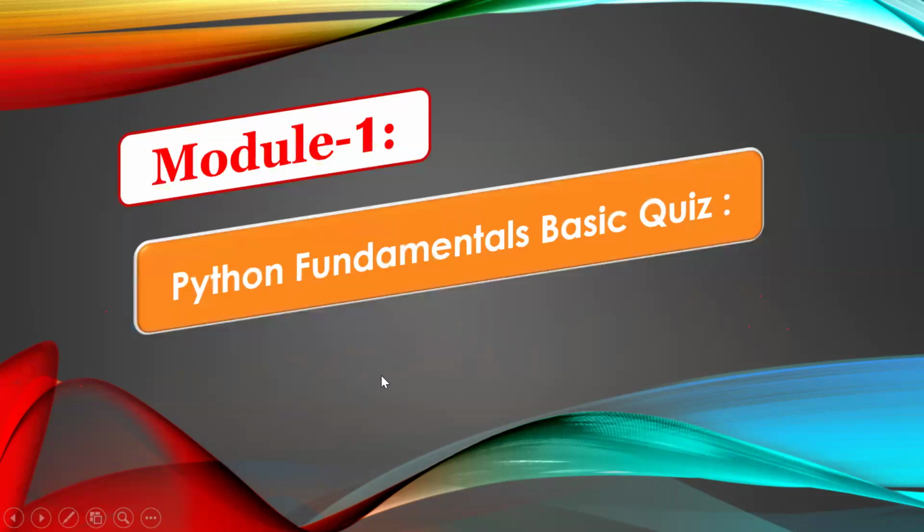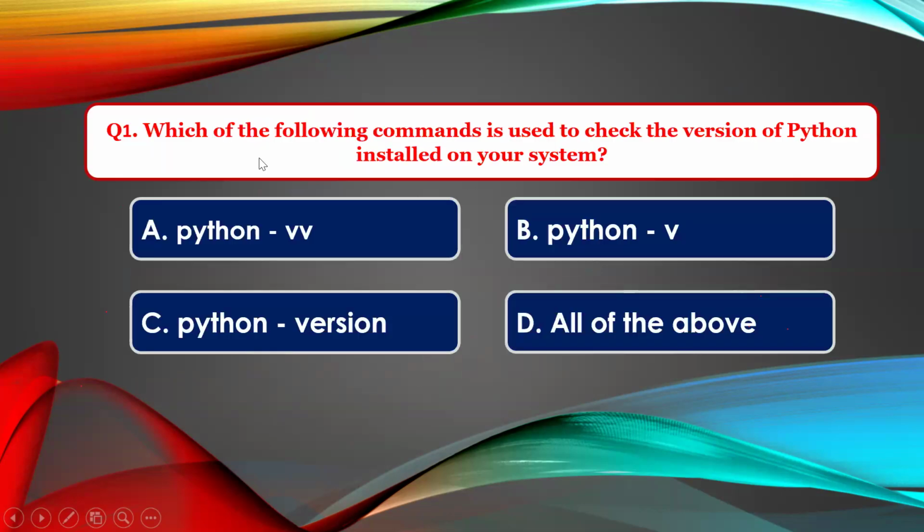First, this is a basic one. I'm opening the first one. Which of the following commands is used to check the version of Python installed on your system? Okay, I'm repeating it again. Which of the following commands is used to check the version of the Python installed on your system? So one is Python underscore VB, Python